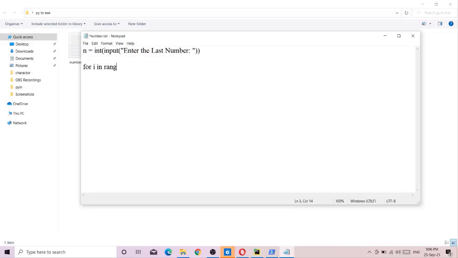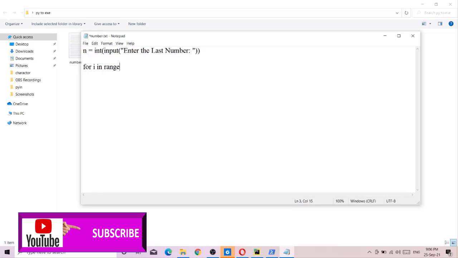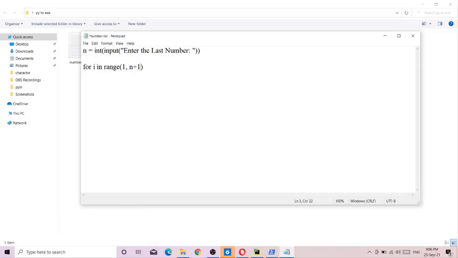So we can type for i in range, and then in the brackets we need to type 1, meaning from 1 to n plus 1, till the number. What this range does is, suppose you want to print the numbers from 1 to 10, then you will have to type 10 plus 1 here, okay, 10 plus 1. Why? Because it prints